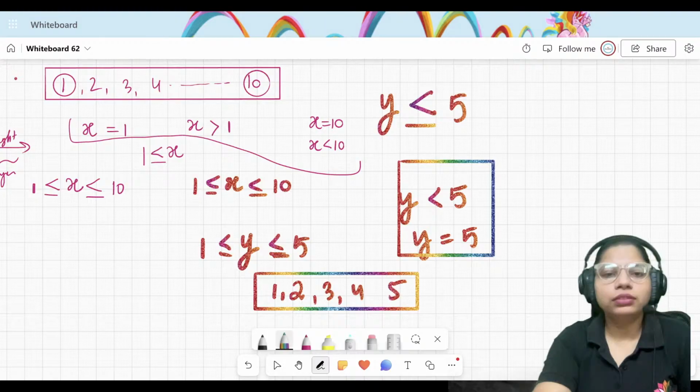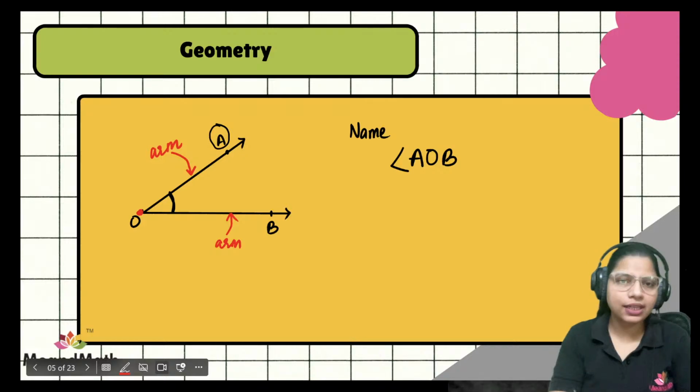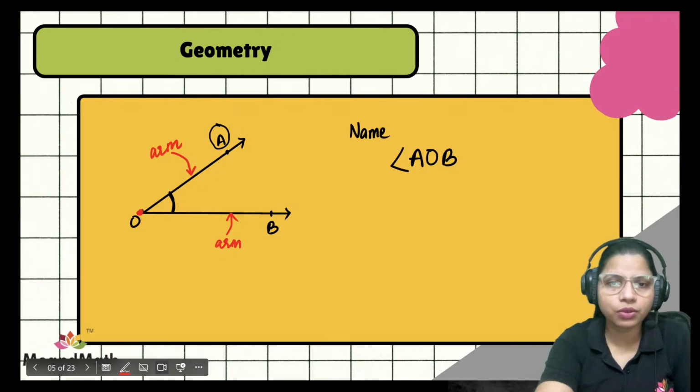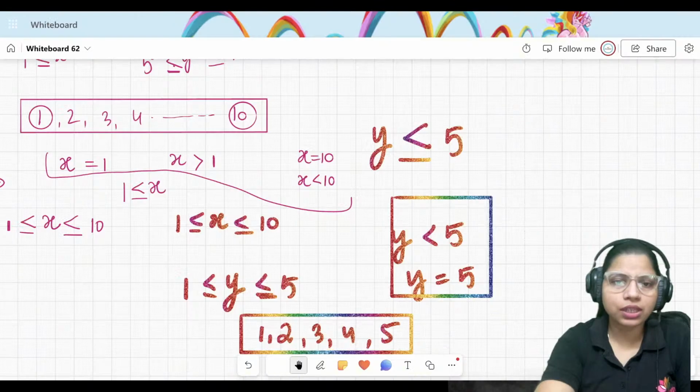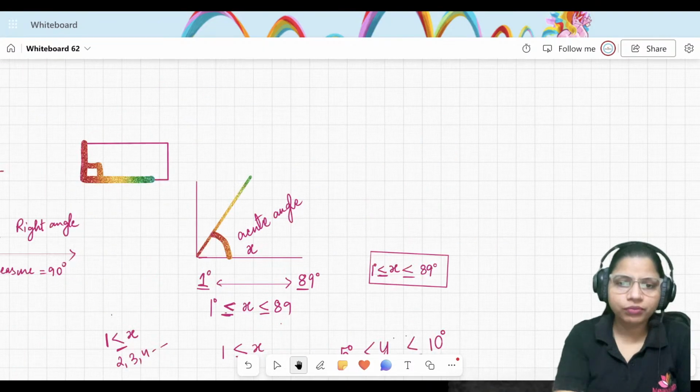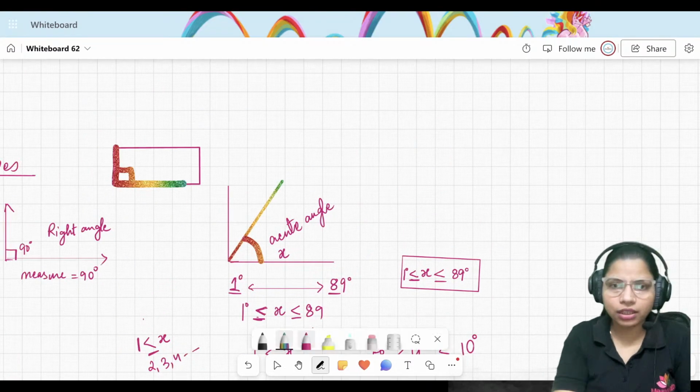Now we were talking about naming angles. That naming angles, I hope you are understanding, as well as types of angles. We have seen acute angle, we have seen right angle. Now let's talk about obtuse angle. Okay, so what an obtuse angle is. acute angle हमने डिस्कस कर लिया. फिर से हम एक स्टैंडर्ड एंगल 90 डिग्री का बनाएंगे. से फॉर एग्जांपल